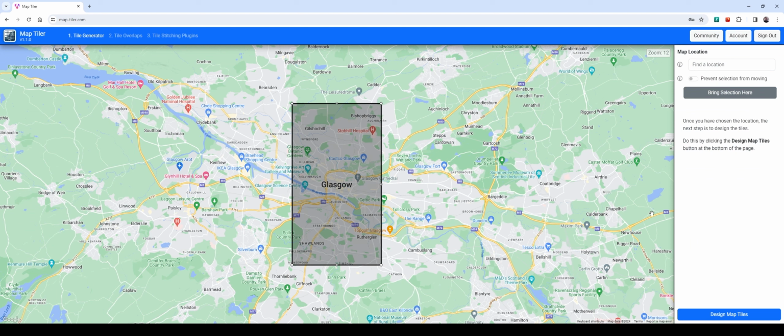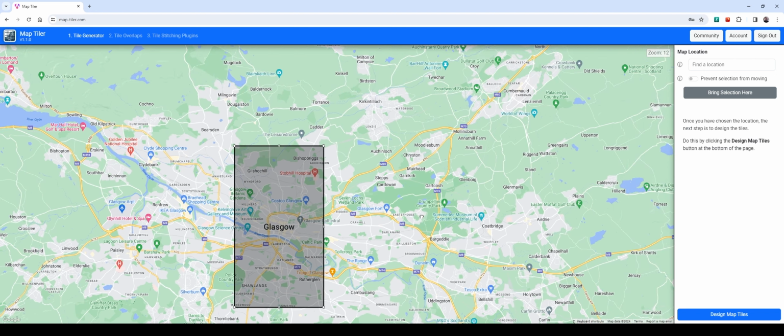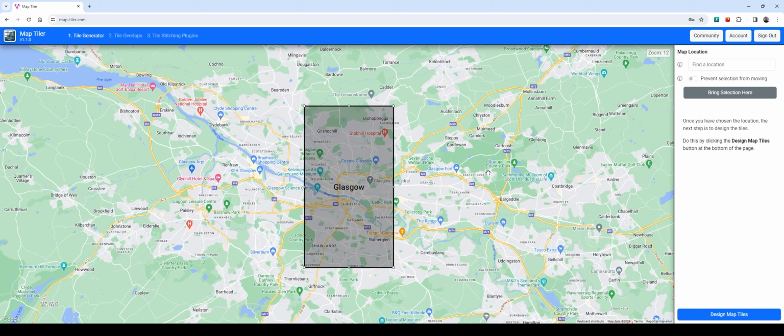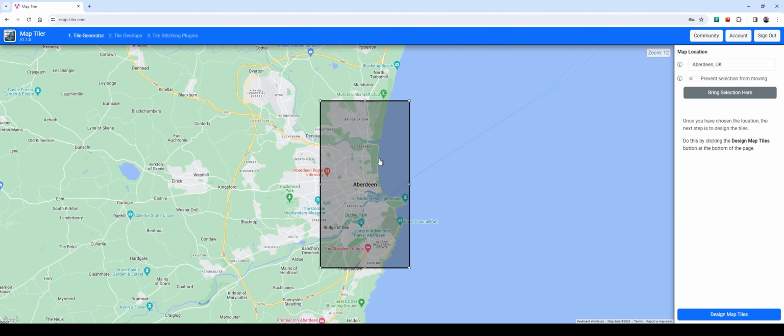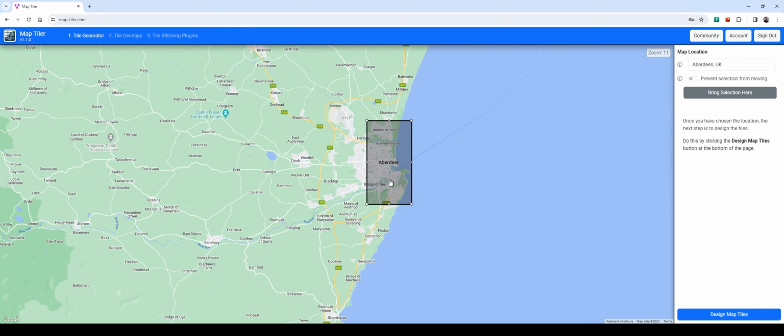The first thing you're presented with is a fairly simple UI. It's dominated by the map, initially focused on Glasgow, but you can choose wherever you want to go to next. So if I click on Aberdeen here, you may have guessed it already, but I'm in Scotland. So let's go to Aberdeen. So click on Aberdeen. It takes you there, and we'll zoom out a little bit